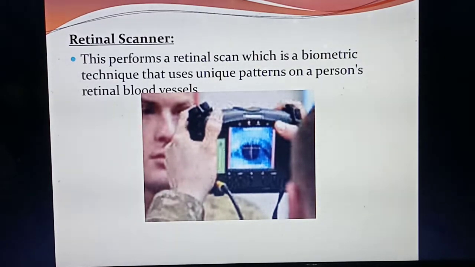So this retinal scanner will scan the blood vessels present inside the eye. It will scan our blood vessels and based on that it will make the biometric technique. Whether two persons have the same blood vessels inside the eye? No. For this just think about the Aadhaar card photograph. In the Aadhaar card they also took thumb impression and our eye retinal blood vessels. Isn't it? Same only, that is called a retinal scanner.